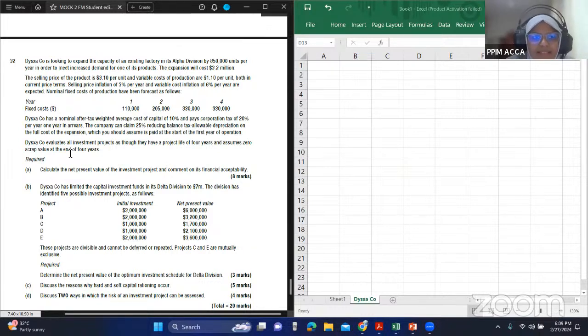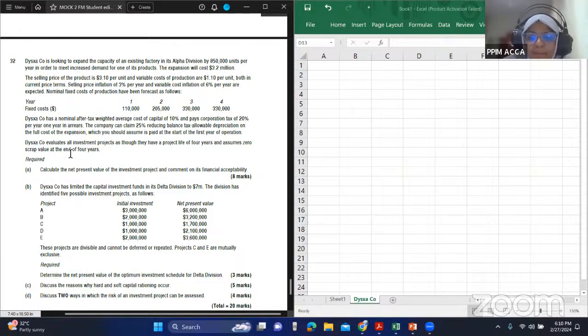Next, like I said, we have always focused on constructed response, and I think we did one MTQ. If you remember, we did a company called Bill Company. That was the only MTQ. So after I'm done with this constructed response, I will go through a few MCQ style questions and show you how to handle them. Because at the end of the day, 60% of your paper, 60 marks, is going to be based not on constructed response but on MCQs. It is definitely easier than constructed response, but if you don't know the proper technique, you might waste time there. So I just want to go through a few MCQs.